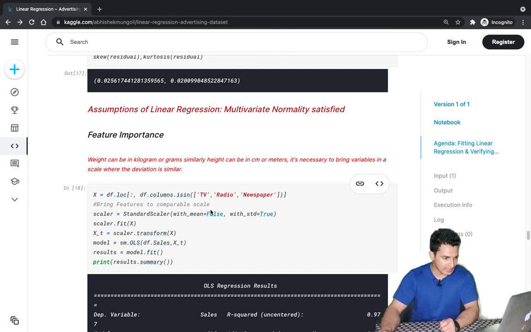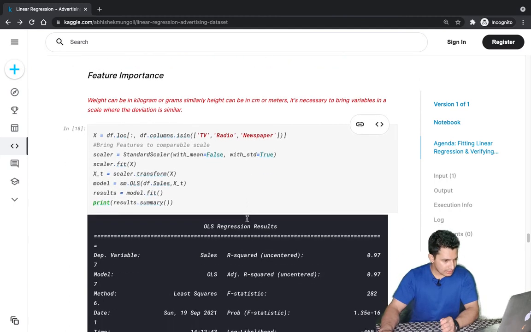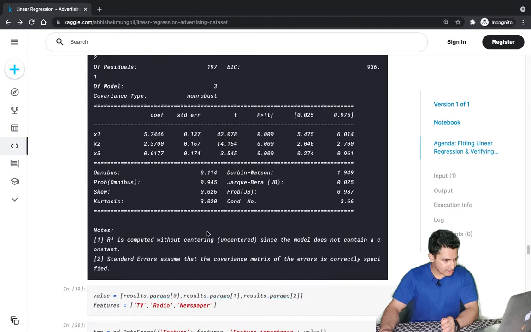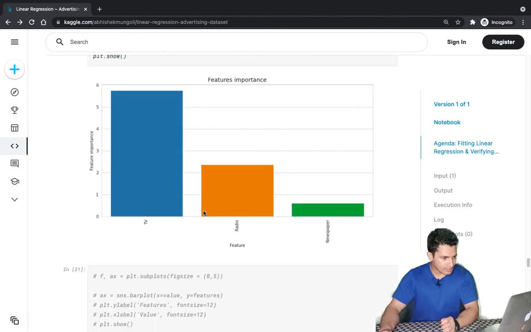But instead, we can standardize the features first. By standardize, I mean we can leave the mean as it is, but divide the feature by its standard deviation, so the standard deviation of all the features becomes 1. Now when we fit a linear regression model, all the features are comparable, and then the coefficients that we obtain can be compared as feature importance. In this case, after standardizing the features, TV ads has a higher value than radio and then newspaper ads, and that is what we can plot, that TV has higher importance than radio and newspaper. So take coefficient value as feature importance only when you have standardized the features.